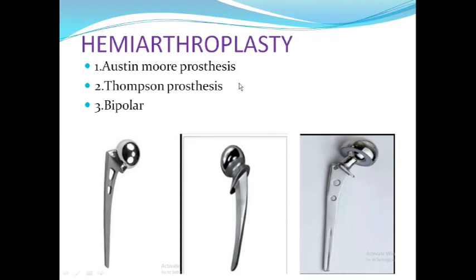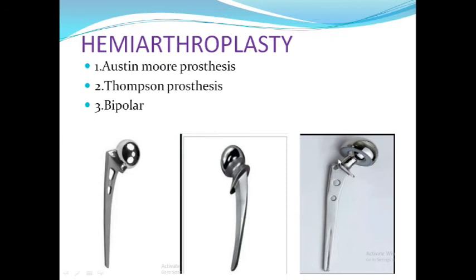These are certain instruments for hemiarthroplasty. You saw the CC screw, you saw the dynamic hip screw. Now for hemiarthroplasty, first is the Austin Moore prosthesis. You will be shown all these instruments, they will be kept for viva exams, so you must know this. How will you identify the Austin Moore prosthesis? There will be 2 holes over here, proximally. It is used for hemiarthroplasty. This one is the Thompson prosthesis. How will you identify it? Here there is no hole, so you can identify these 2 from one another.